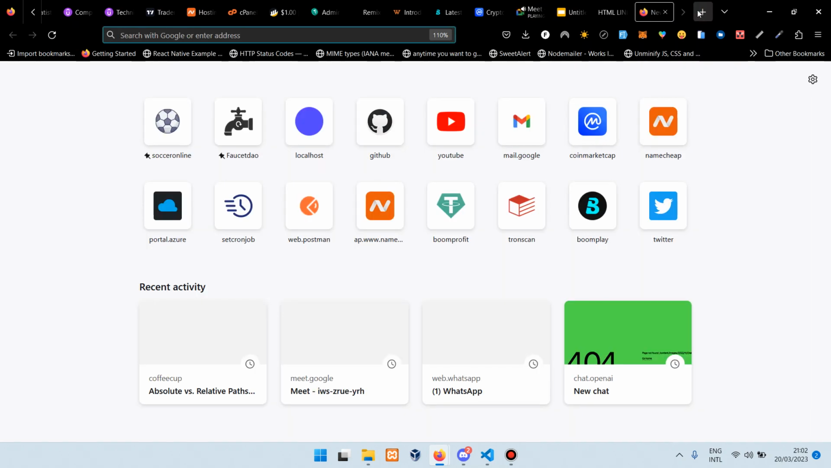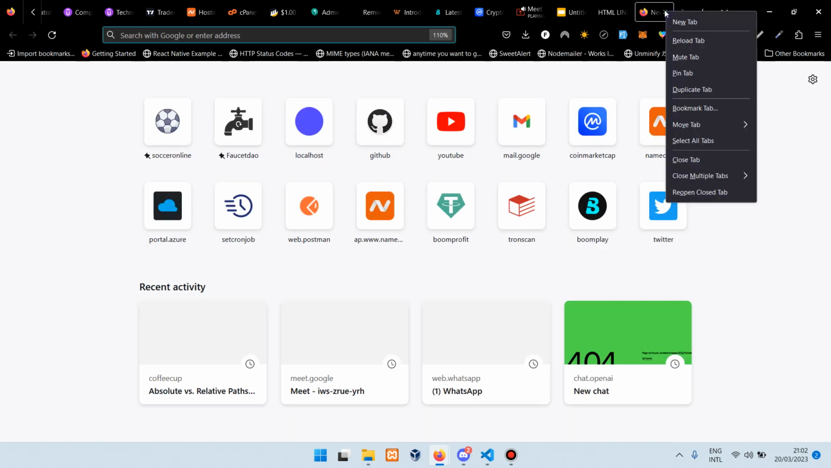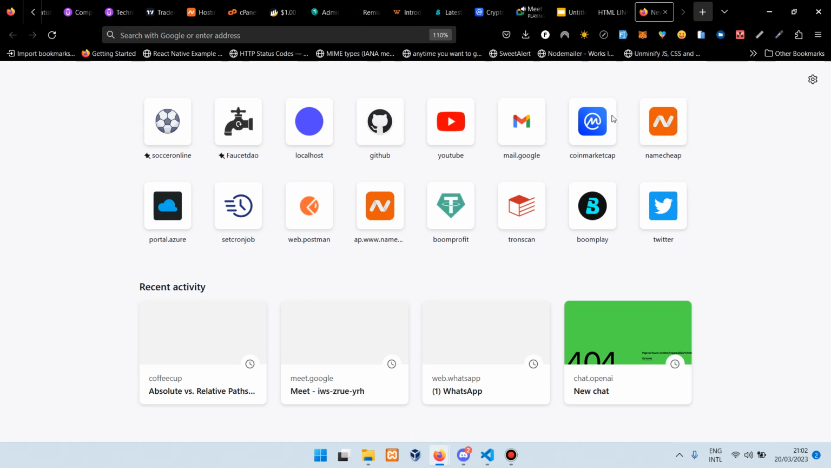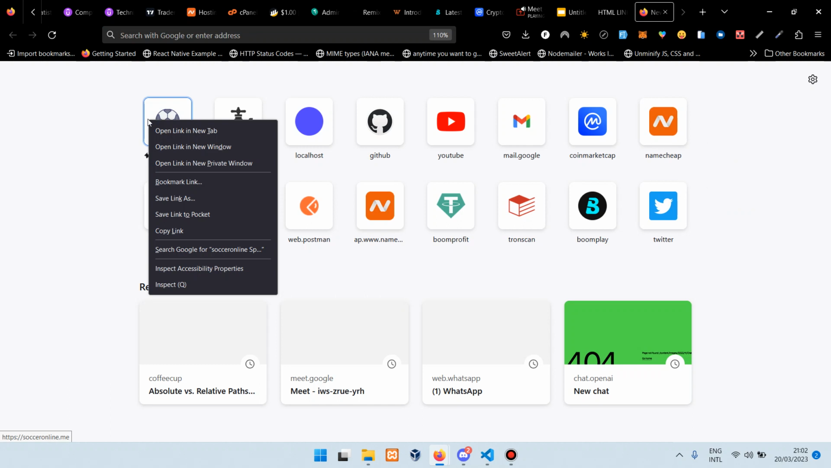And how can we open a new window? I don't know the shortcut for opening a new window, but you can just click on any link on your website and right click on that link